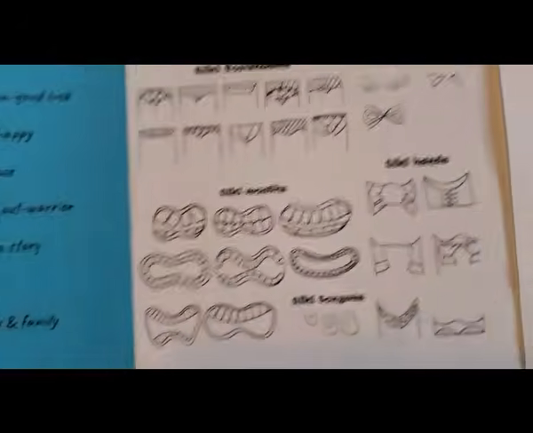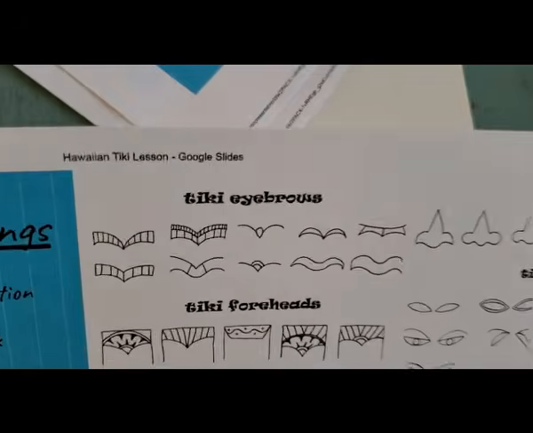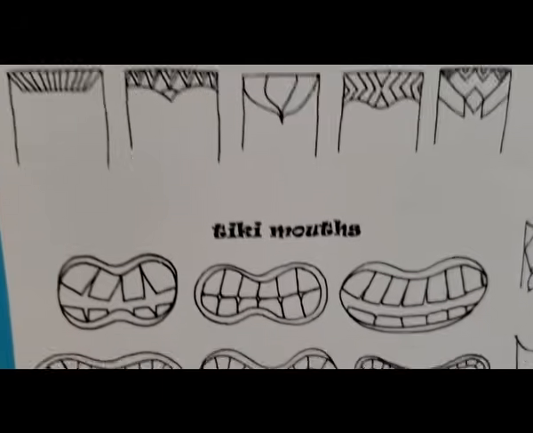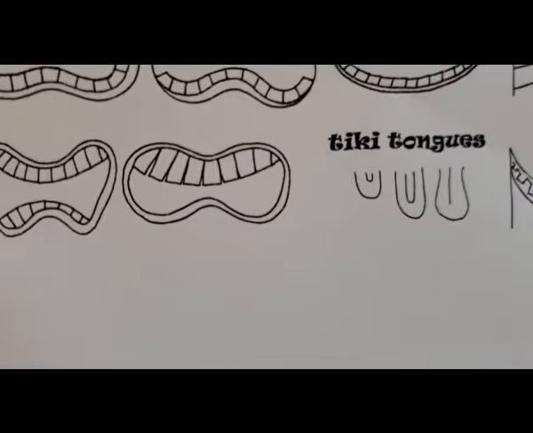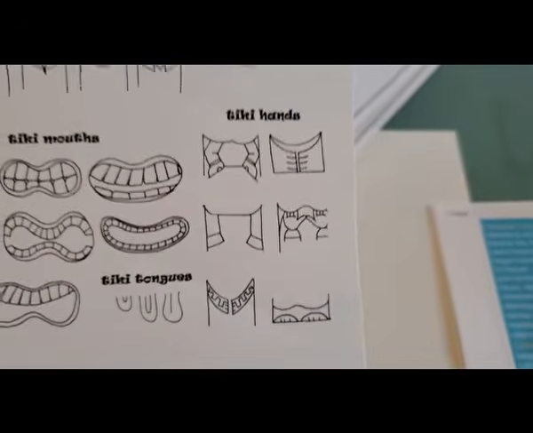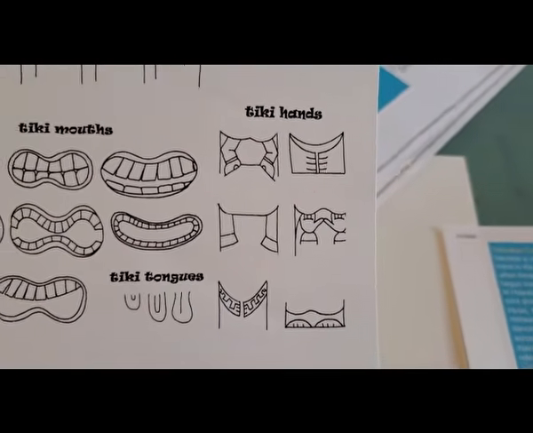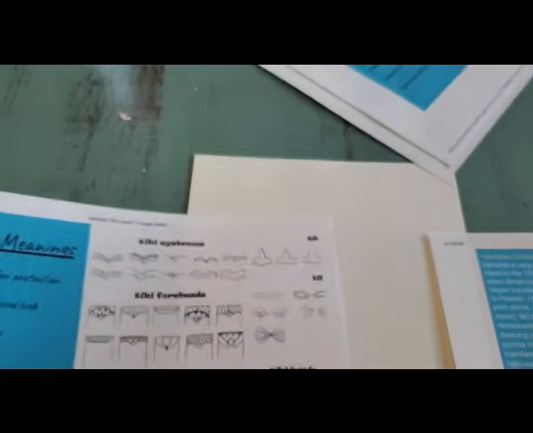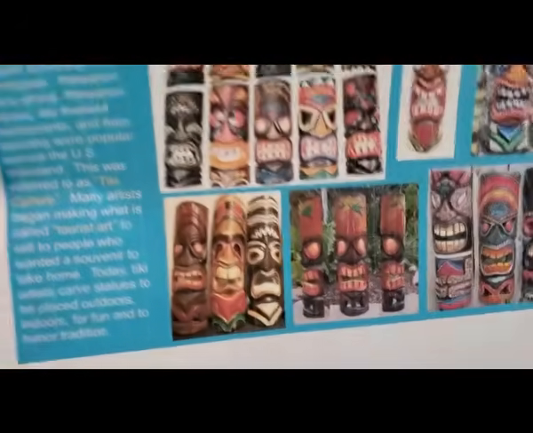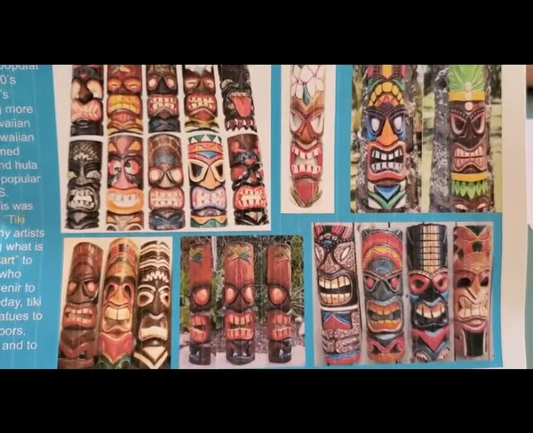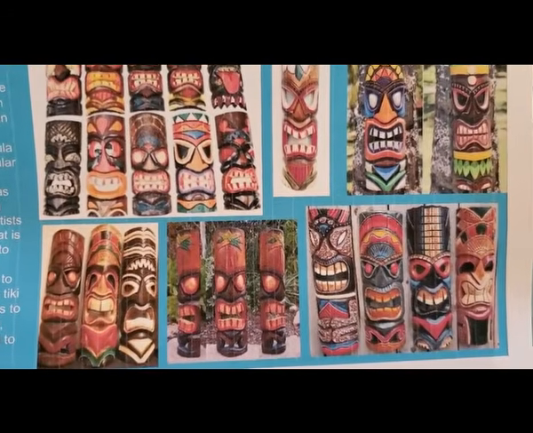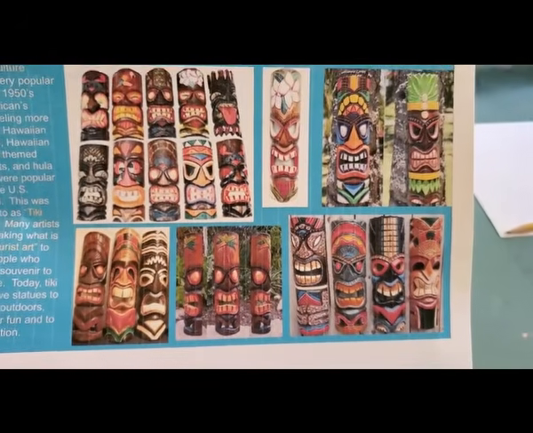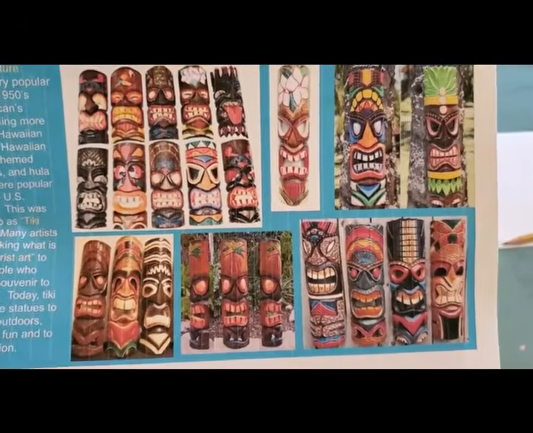And so on our handout here, we've got some different types of eyebrows, foreheads. You can do this any way you want. These are just examples to get you started. Tiki mouths, Tiki tongues, and this is just from the internet. I Googled this and found these really helpful little sketches. Tiki hands, and Tiki eyes and noses, which my copier ran off a little bit. But if you just Google images of Tikis, you're going to find all different kinds of samples and really good inspiration. You watch some videos. My class, you got to see the videos that were in my slide presentation. So we're going to get started, all right?